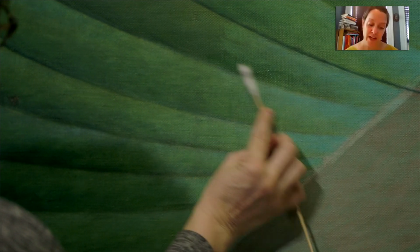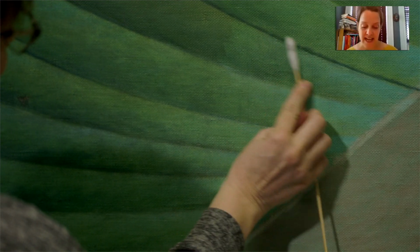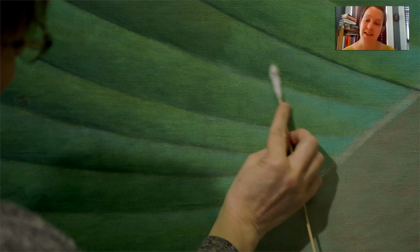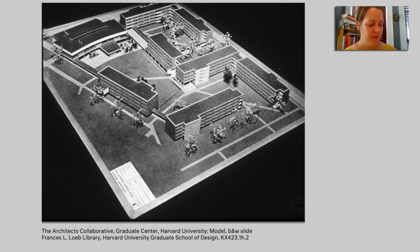I am also trained to technically investigate paintings, to learn how they were constructed, and today I will talk to you about both kinds of work, conservation treatment and technical investigation of artworks. I'll begin with the painting itself, why it was made and how, and I'll describe this while wearing my technical art history hat. Verdure was commissioned in 1948 to be installed in the dining hall of the newly built Harvard